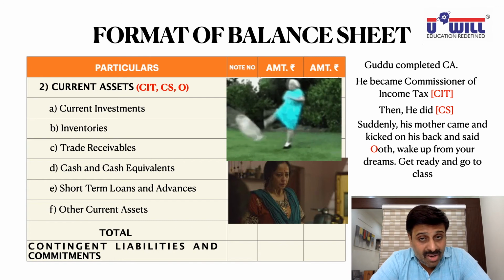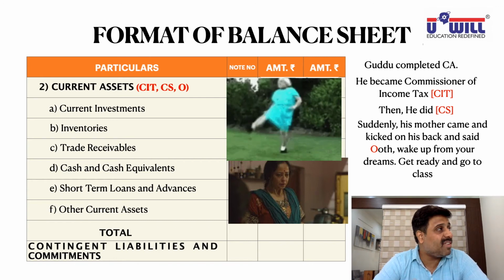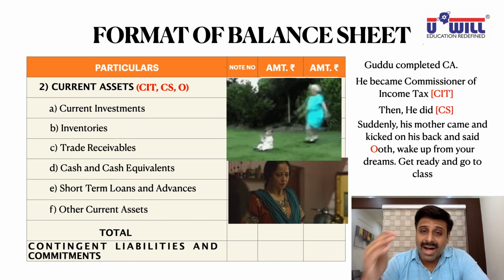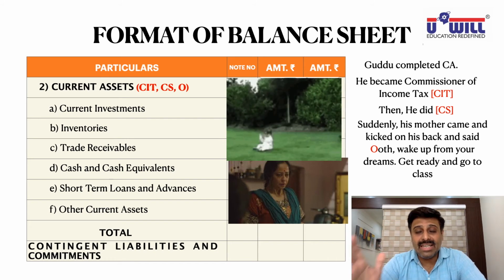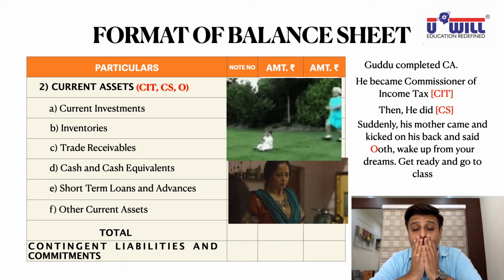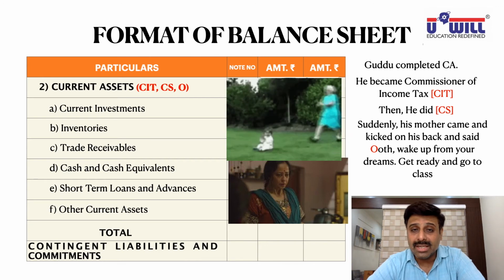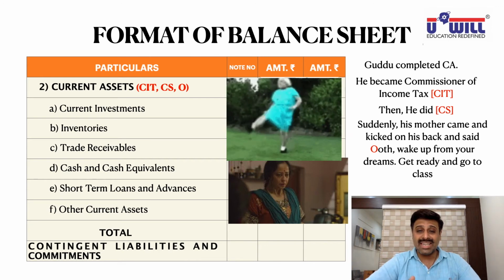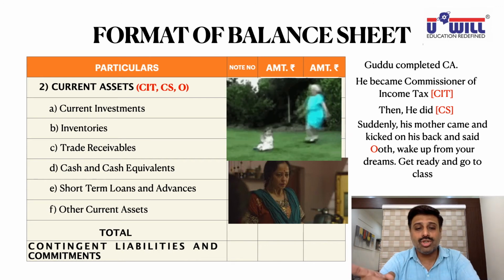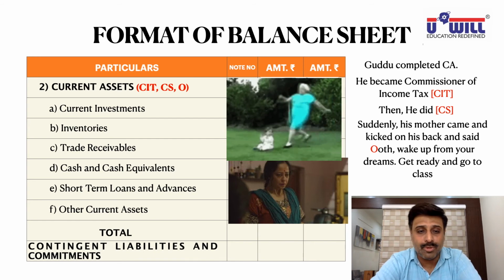So the entire format of the balance sheet you will remember with the Guddu and Munna story. Once again, let us take a quick recap. Guddu passed, Munna failed, he became senior. S, our share capital, reserves and surplus. Looking at his results, Sweetie said, lol: long-term borrowings, other non-current liabilities, long-term provisions. Guddu did a toss to decide the courses, toss: short-term borrowings, trade payables, other current liabilities and short-term provisions.